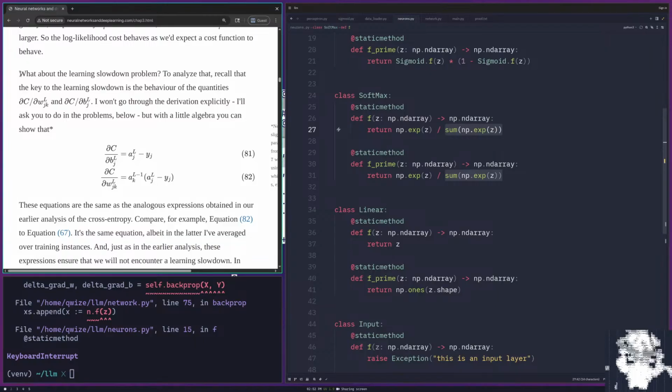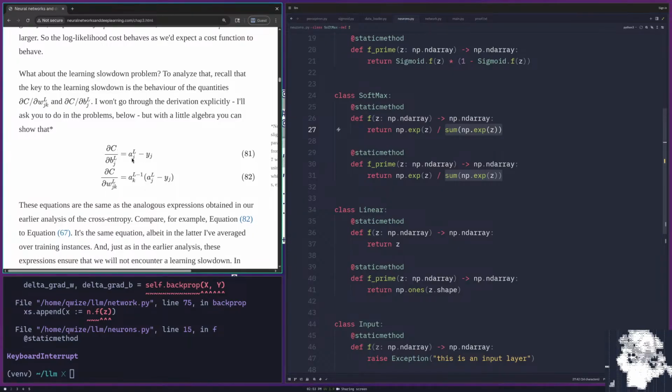What about the learning slowdown problem? To analyze that, recall that the key to the learning slowdown is the behavior of the quantities derivative of c with respect to wjk and derivative of c with respect to bj. I won't go through the derivation explicitly, I'll ask you to do that in the problems below, and I probably won't do it either. But with a little algebra, you can show that